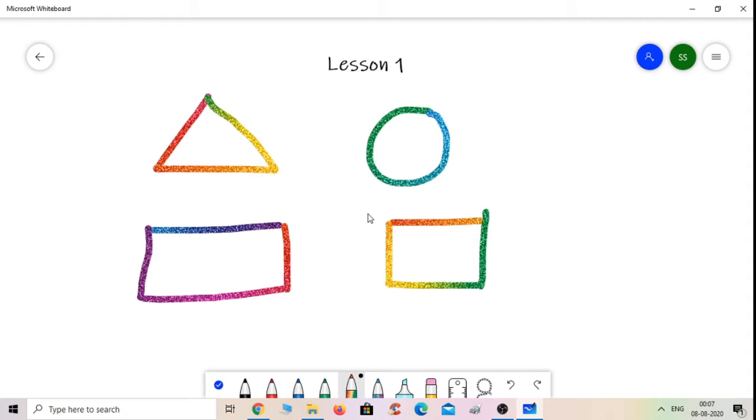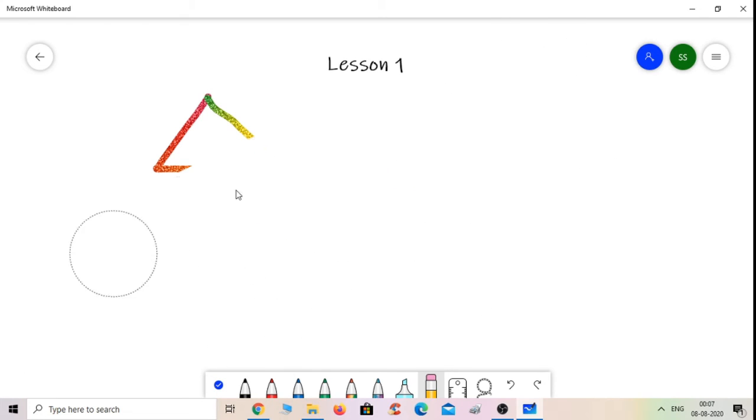So what can I do for that? So Microsoft Whiteboard provides me a wonderful feature. First of all, I have to clear this. Okay, so when I go to eraser, click on this, and just clear all such things. Okay, and you can easily see I am unable to erase this.